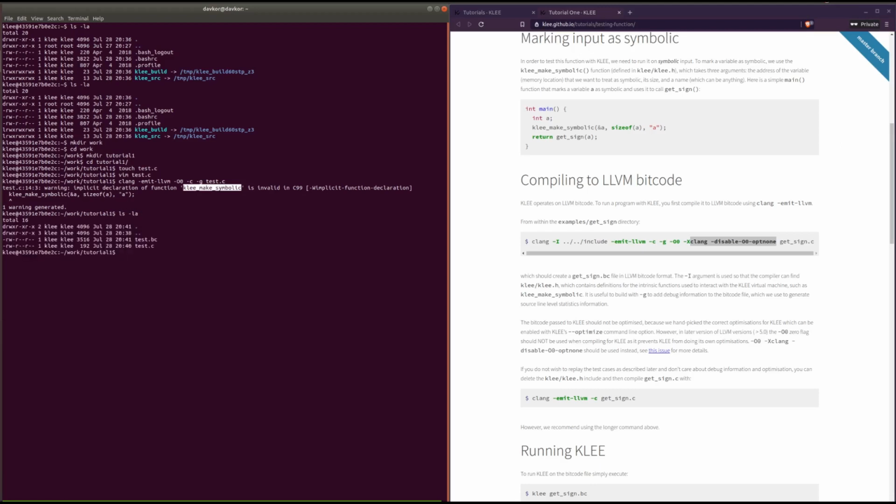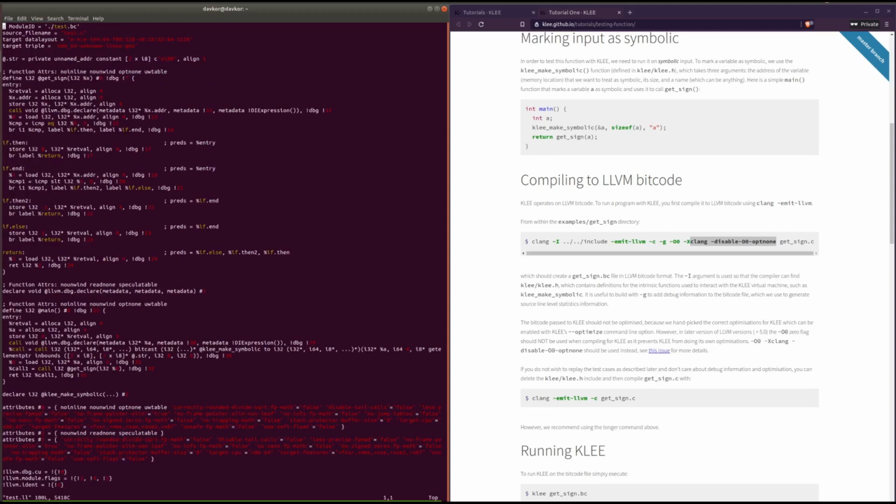Okay, so that gave us a test file, test.bc, which is an assembled version of the LLVM IR. And we can actually look at this LLVM IR by disassembling the bitcode as follows. We use the llvm-dis disassembler tool. And now we can actually look at the bitcode of the LLVM